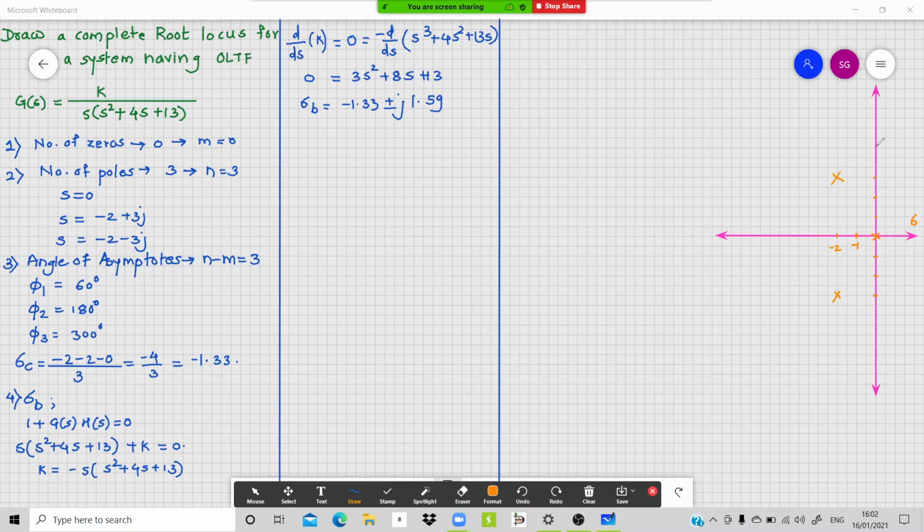Now this is your sigma, this is the j omega, right? Minus 1, minus 2, minus 3. Yes. Now real axis, first component and nothing on this side. First component, that is odd component, left hand side will be the whole thing root locus, because no other component is there to restrict it. That means the real part of the root locus will start at this point and will go till infinity.